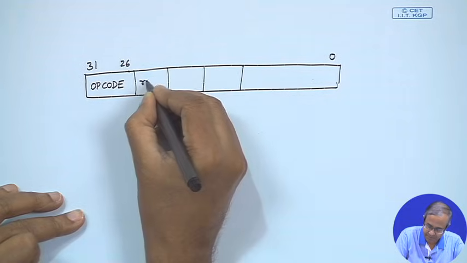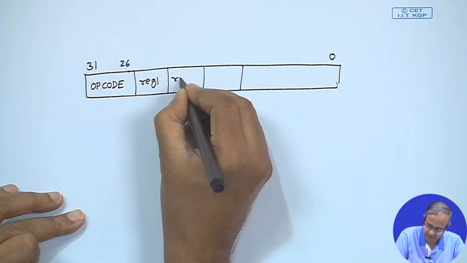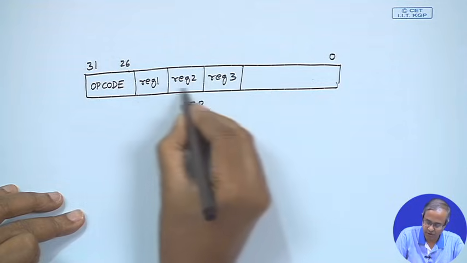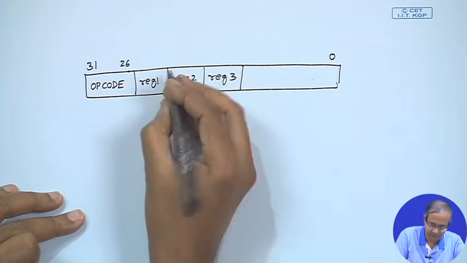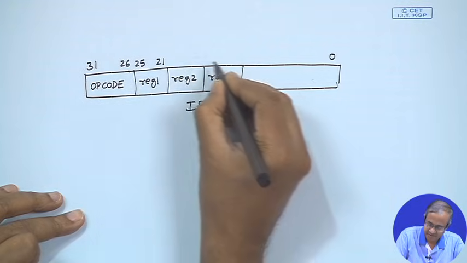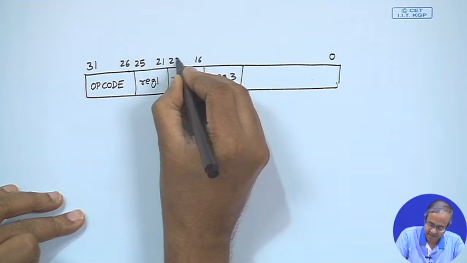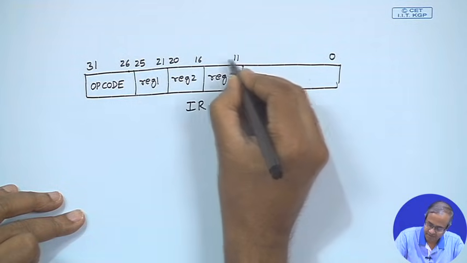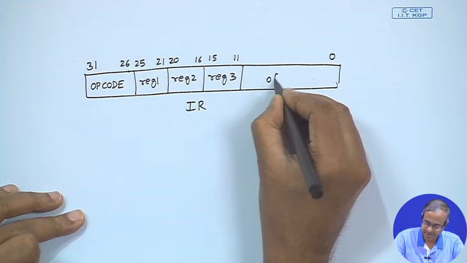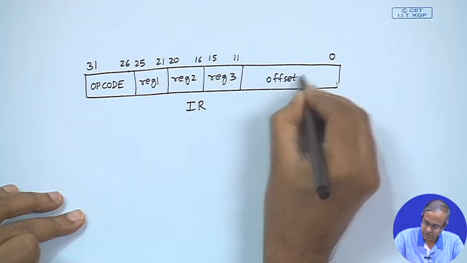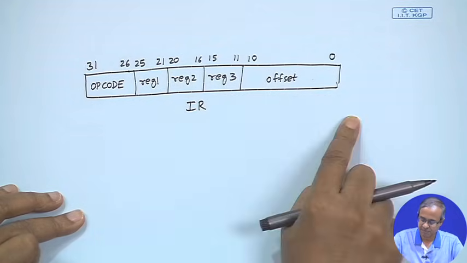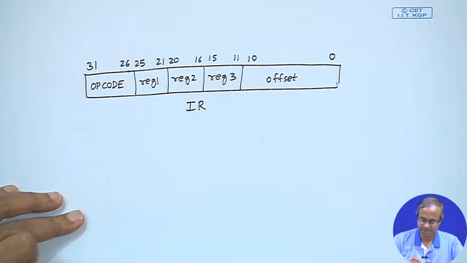So, I call them reg 1, reg 2, reg 3. These are all 5-bit fields. So, the bit numbers will be 25 to 21, 20 to 16 and 15 to 11, and the last field is called offset. Offset is an 11-bit field, 10 to 0. Suppose my instruction register has this format, there are 5 fields,